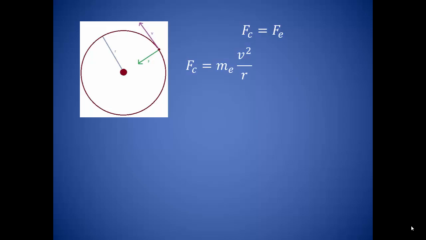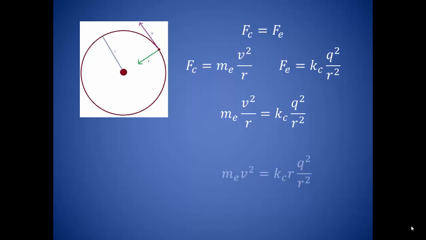We can find the centripetal force of the electron in orbit by taking the mass of the electron times the tangential speed squared divided by the orbital radius of the electron. We can find the electric force of the proton acting on the electron by taking Coulomb's constant times the charge of the electron times the charge of the proton divided by the radius squared. Now we wrote Q squared in our equation because the charge on an electron and the charge on a proton are the fundamental charges and have the same value. Since the centripetal force is equal to the electric force, we can set those two expressions equal to each other.